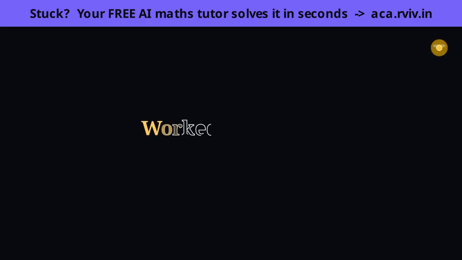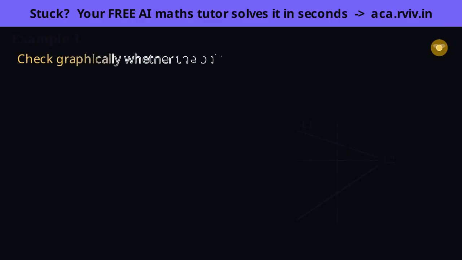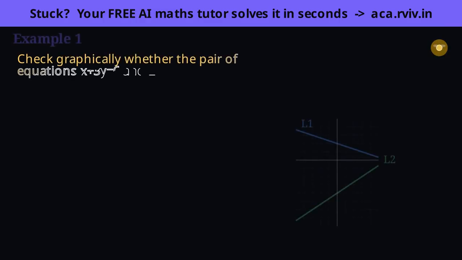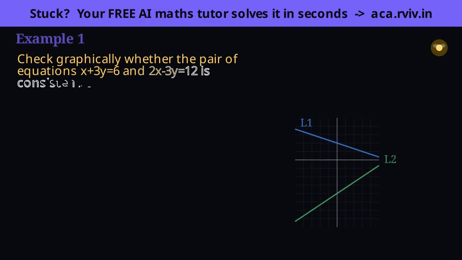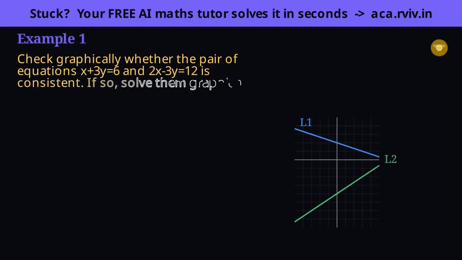Keep the big picture from the concept in your mind. Every equation is a line, and solving a pair means finding where the lines meet. Watch how the same three cases keep returning, and how the graph, substitution, and elimination methods are just three different roads to that one meeting point. The word consistent just means the pair has a solution, a common point. So really we are asking, do these two lines meet? Let's draw them and see.